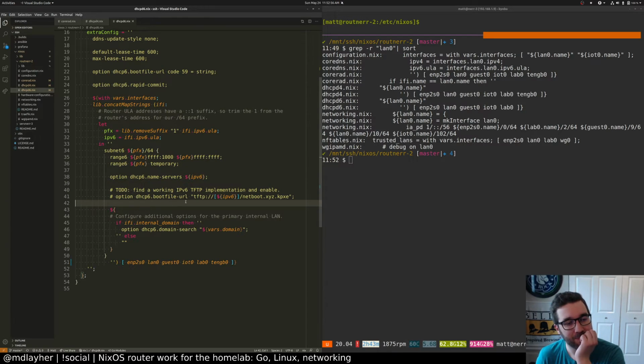Oh, right. Yeah, so for some reason the TFTP server, like built into NixOS or something, does not work with v6, and I have no idea why. I've been meaning to fix that, but